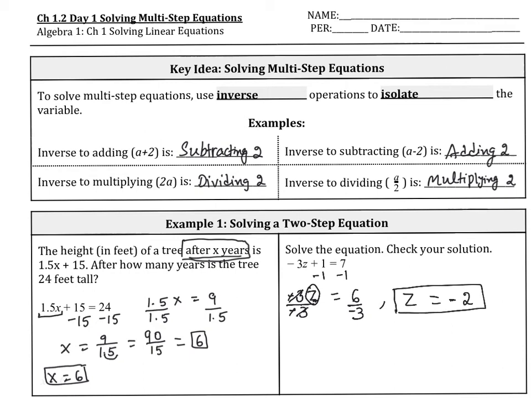Now, if you pay attention, the next part says, check your solution. So you're going to use this z value and plug it into the given equation, negative 3z plus 1 equals 7. Now instead of z, we are going to use the z value that is negative 2. So negative 3 times negative 2 will give us